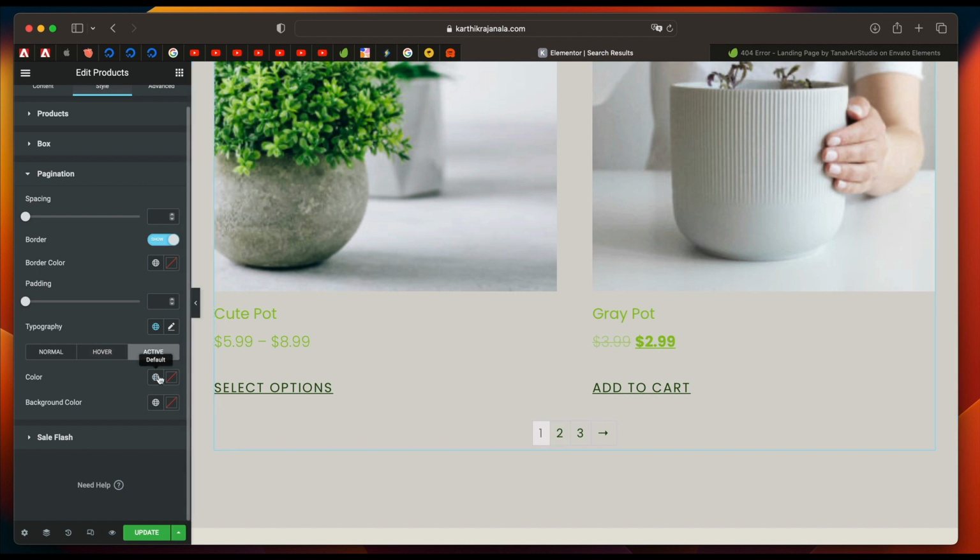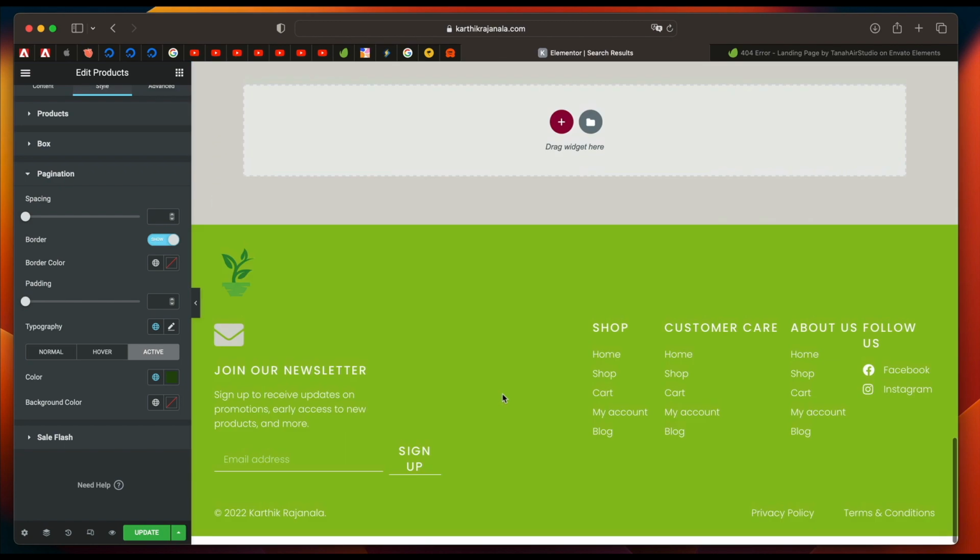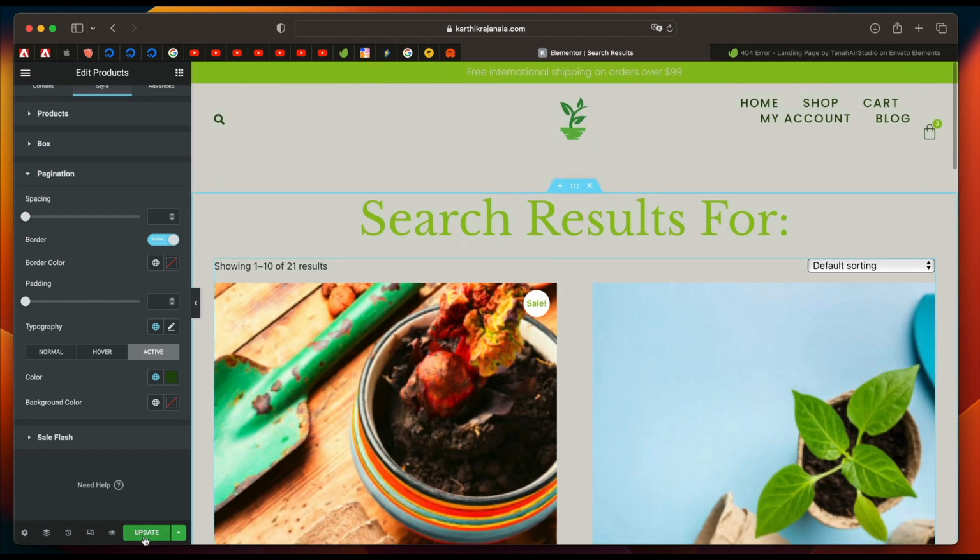also we need active color, we'll just give it a darker version of this. I think that should be fine. I think the search results page is fine, so I can simply click on update, or you can click on